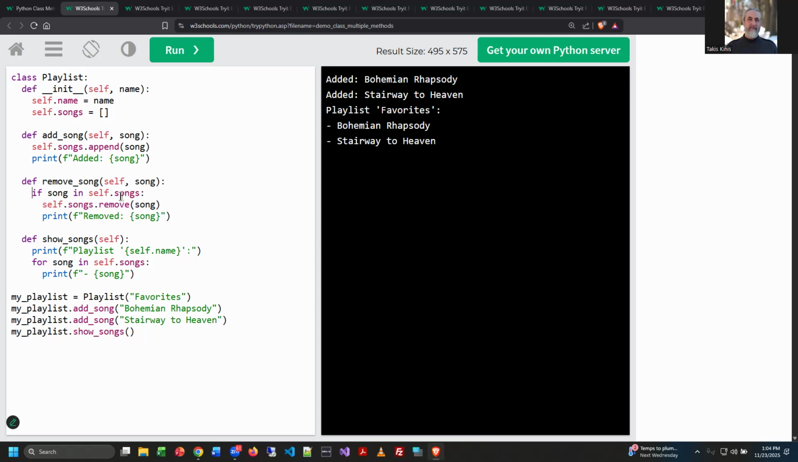And of course, this one checks to make sure it's there first, because otherwise it doesn't make sense to remove it, right? So if the song is in the list, remove it, right? And then it gives you a message that it's removed. And then we also have one that just shows what songs are in the list, and it just does a print, right? And then it gives me the whole breakdown of the list. So we add a song,